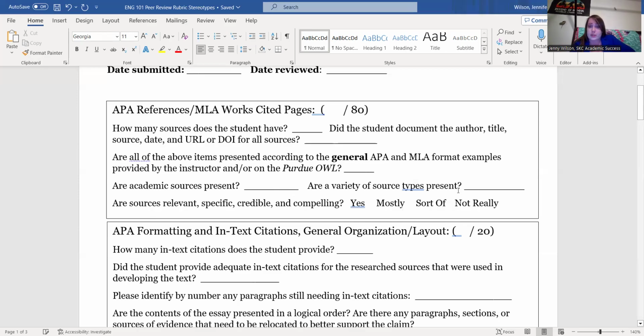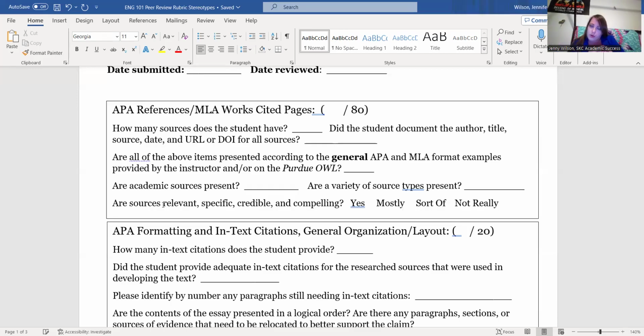Are a variety of source types present? That's of interest to me as well. Are the sources relevant? This is important. Did the student just go to Google and pick the first 3 sources that popped up on a Google search, or did the student dig a little bit deeper than that? So I've looked at the list of sources, and then as I start to read, do these sources matter based on what I know the topic of the paper to be? Are these worthwhile sources to include for this type of paper? Here's what the topic is. Do these sources seem like they matter? Okay, or they're just something that popped up randomly on a Google search?